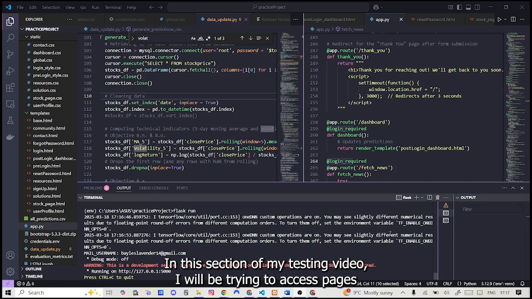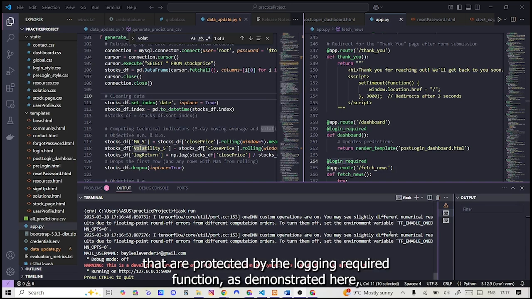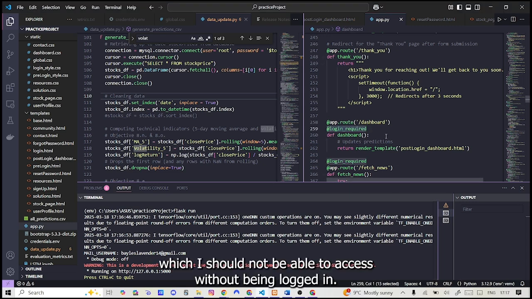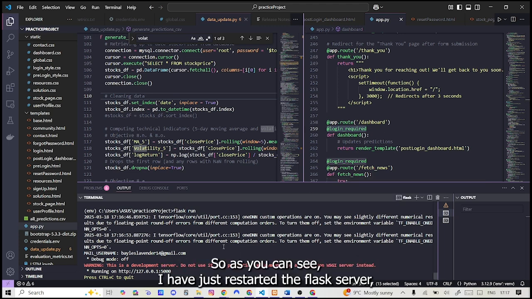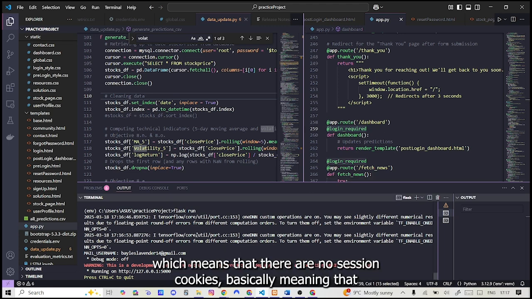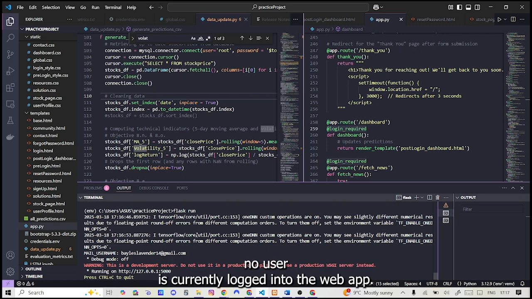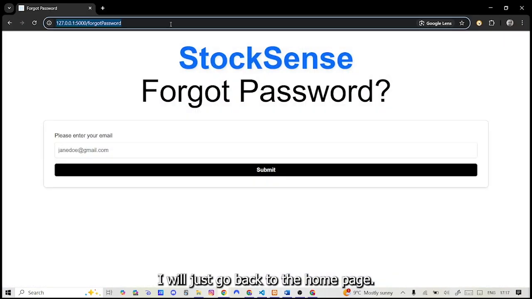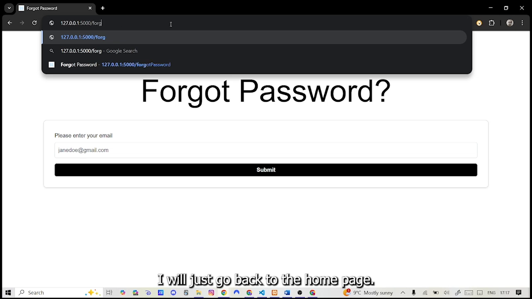In this section of my testing video, I will be trying to access pages that are protected by the login required function as demonstrated here, which I should not be able to access without being logged in. So as you can see, I have just restarted the Flask server, which means that there are no session cookies, basically meaning that no user is currently logged into the web app. So if I go and access this page over here, I'll just go back to the home page